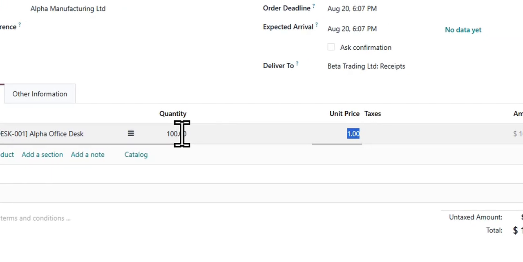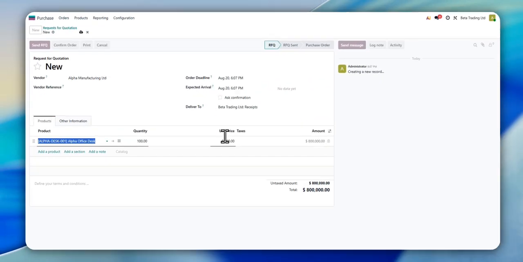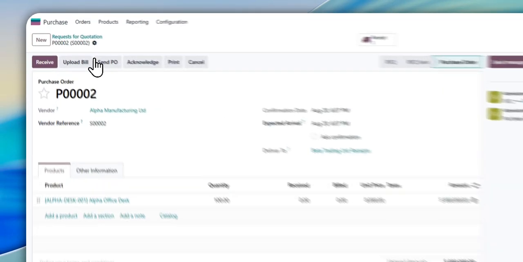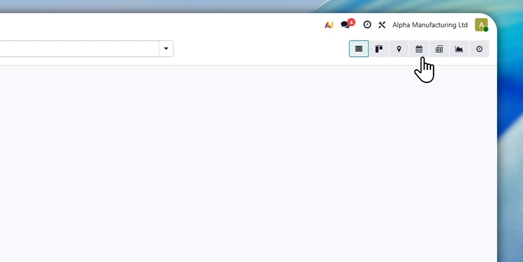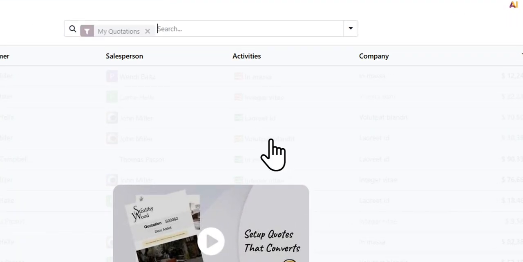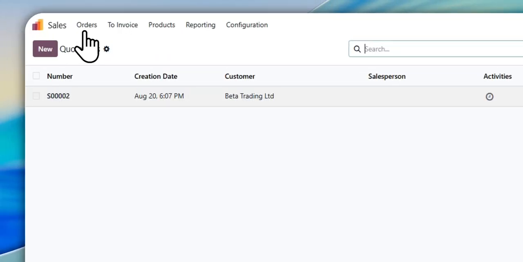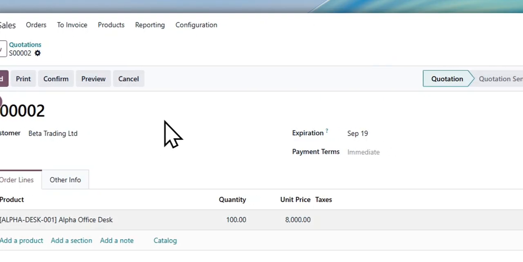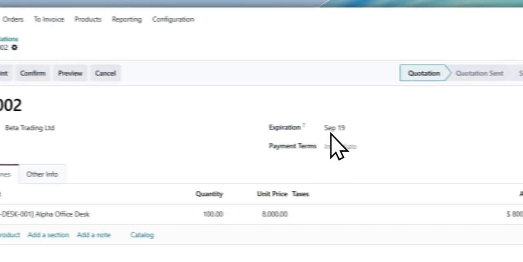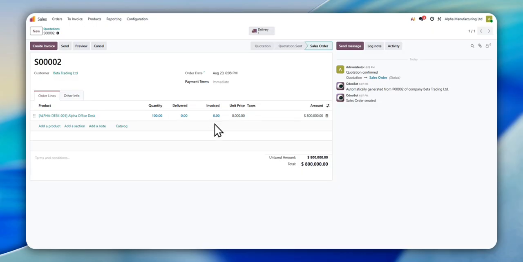Let's say we need 100 pieces and 8,000 per product. We will confirm this order and we will go to our company Alpha and see whether the sales order is created automatically or not. Here we have, so here we have it created as per the same.